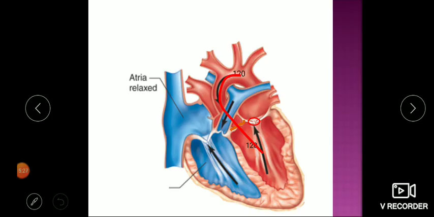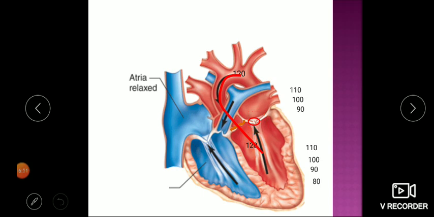Now the ventricle starts to relax. When it is relaxing, the volume is increasing and the pressure will go on reducing. It is 110, and in the blood vessel also it becomes 110. Then 100, it becomes 100. Then 90, it becomes 90. So this valve is still open, the semilunar valve is open. Mind well, at this position the AV valve is closed as the pressure in the ventricle is quite high, around 100, and the pressure in the atria will be 5 only. So the AV valve is closed, but the semilunar valve is not yet closed because the pressure across the aorta and ventricle is the same. It is 90 here, 90 here.